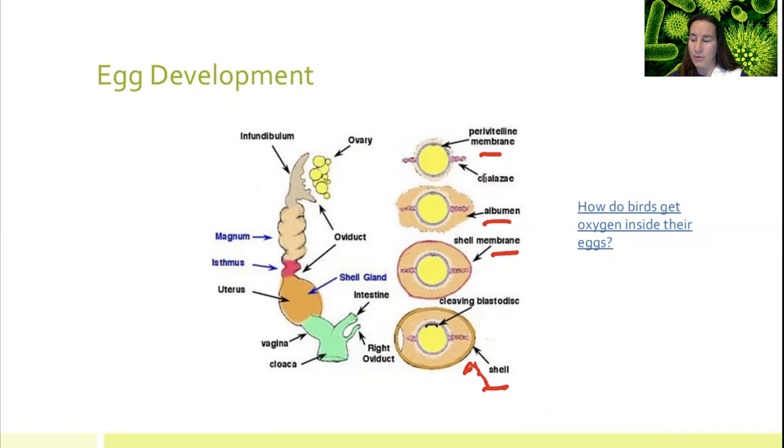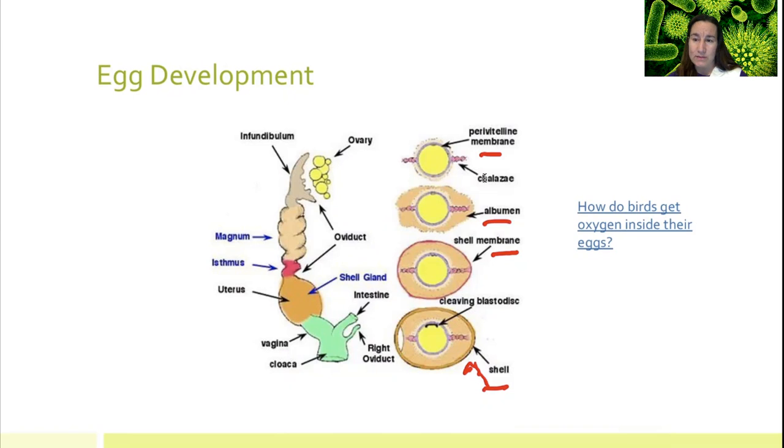from the female bird. And now we've got this egg, and it's a prepackaged, ready-made environment for that fertilized egg, that little zygote, to develop inside, and then out eventually will pop the baby bird, like I've got over here. How does this environment work for the animal? Well, we've got the yolk inside, and that's going to give the nutrients to the baby bird so it can develop, and it will be able to metabolize things.